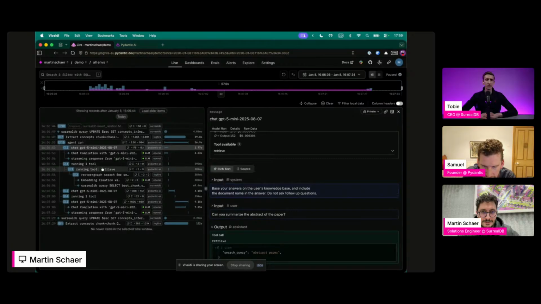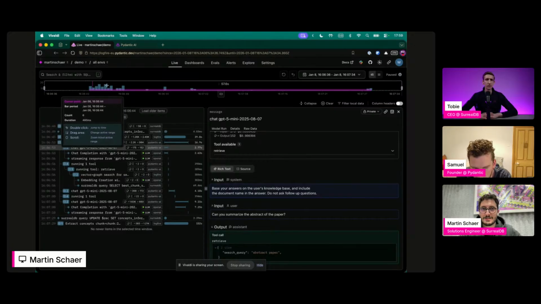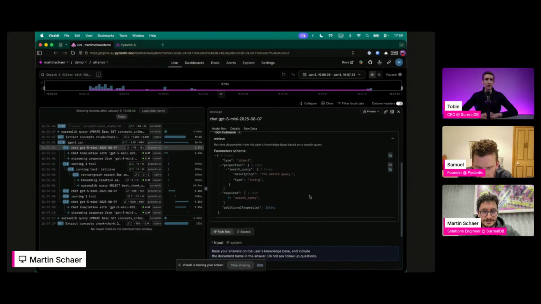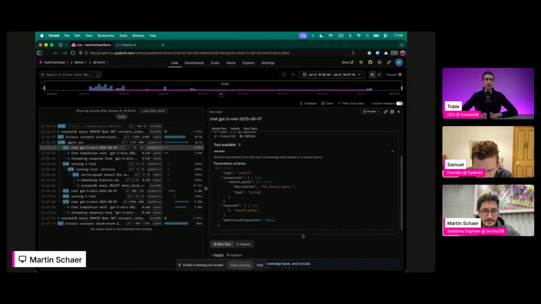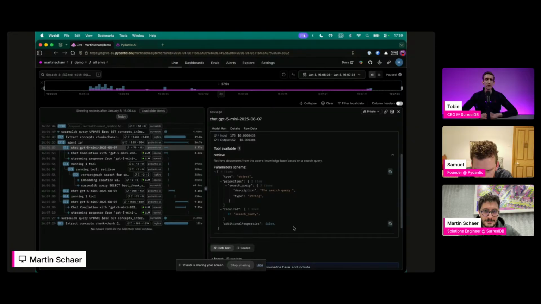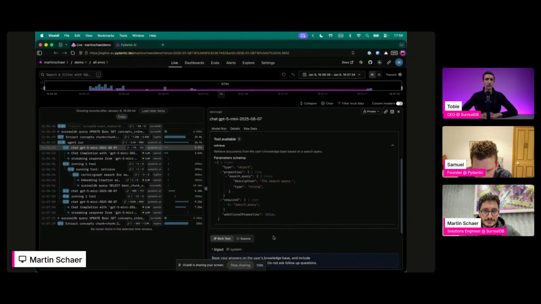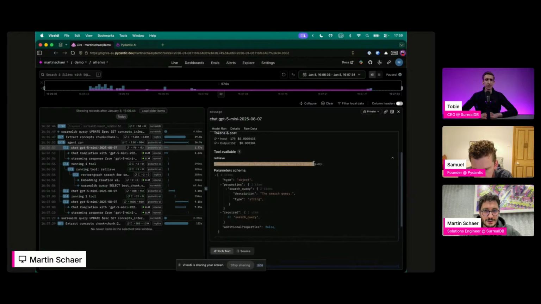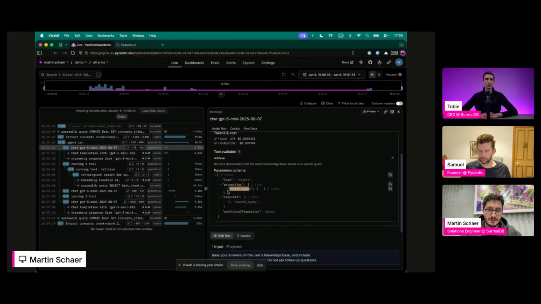The system input is relatively concise in that case, but if you open the retrieve tool on the right, we should be able to see how the descriptions have come through, on the individual fields and which fields are required. All right. Yeah. As you can remember, this part here was in the docstring of the tool itself, and this is inferred from the arguments. That's how the LLM knows exactly what to pass as a search query.